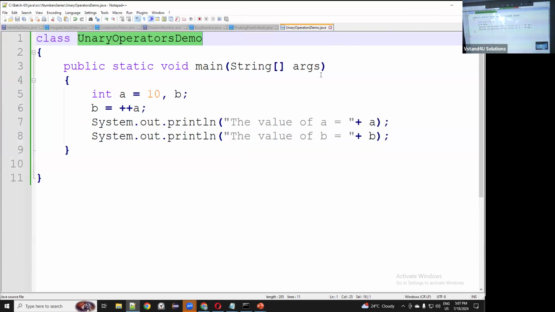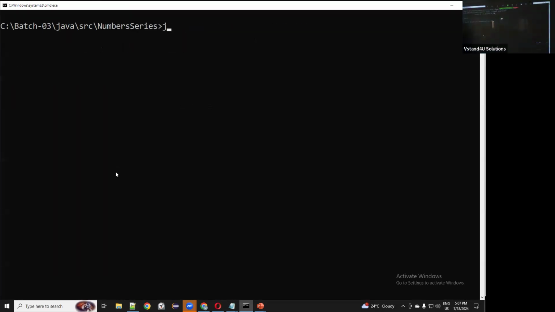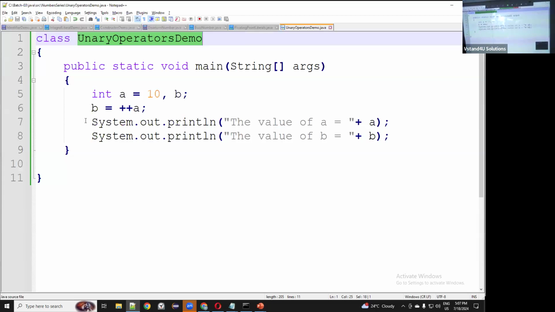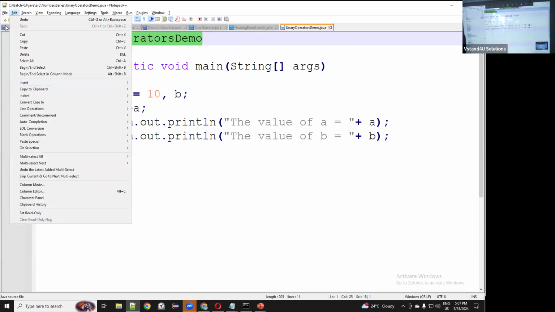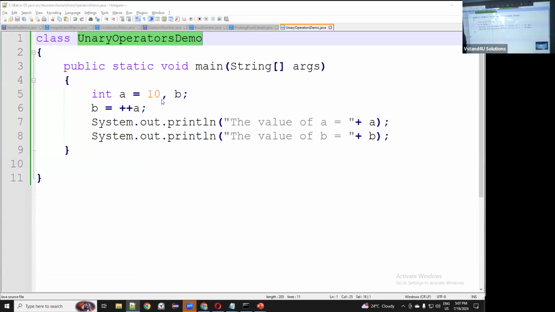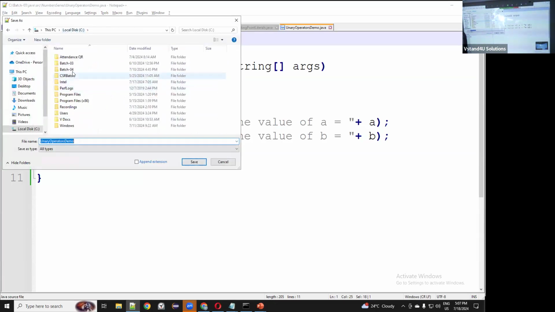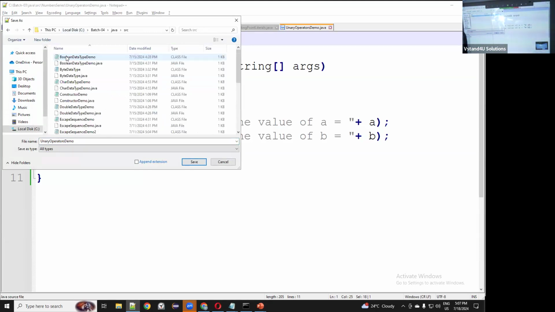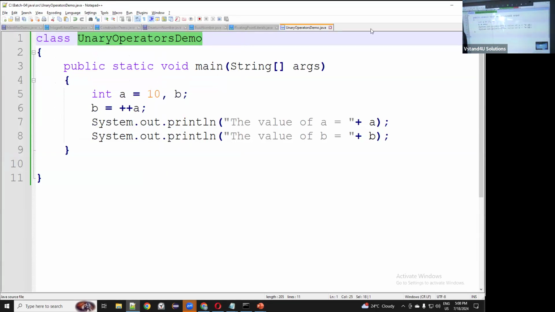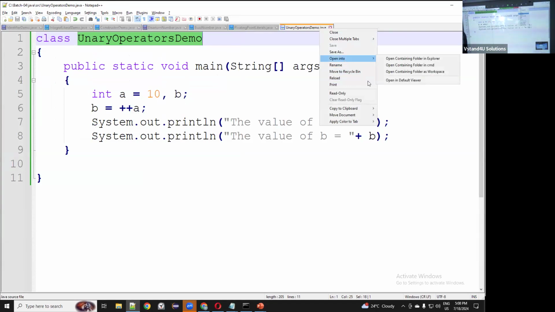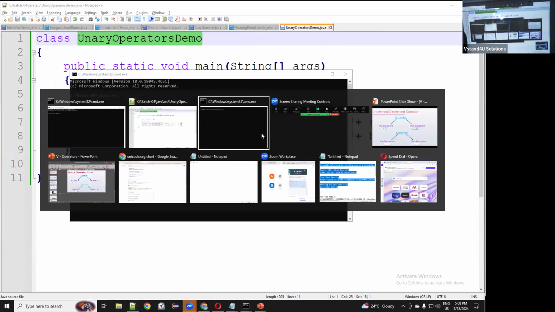Perfectly saved, huh? Let me check it. Have I saved it in Batch 03? Sorry, let me save it in our batch 4, na? Here I should be saving it, and I should be opening it from this only. Other one, let me exit.